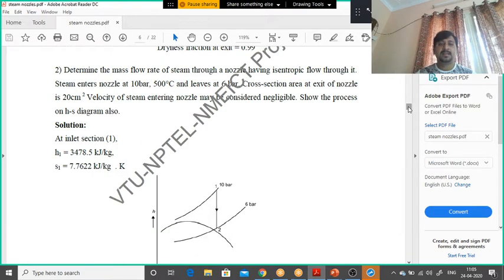So this is one way of doing it. The other way is you can directly check this with the Mollier chart. I'll help you out. If anybody has the Mollier chart, please refer to it so that it becomes easy. C1 is 100, P1 is 10 bar, P2 is 0.5 megapascal, and heat loss is minus 10 kilojoules.